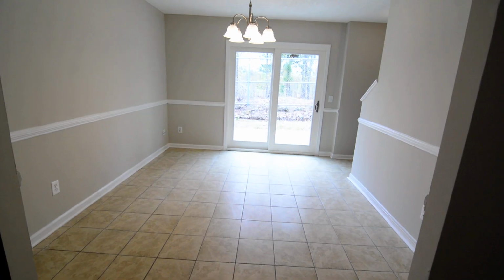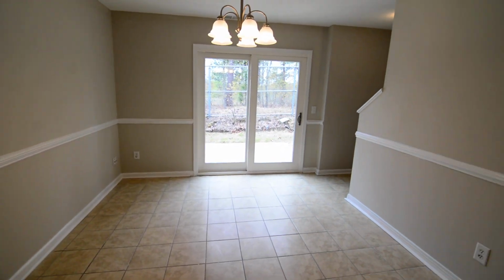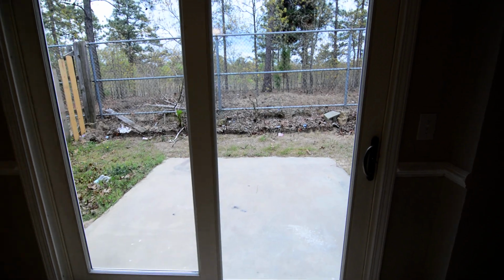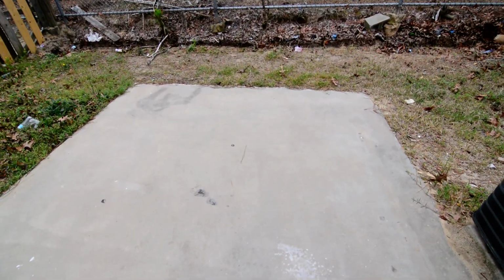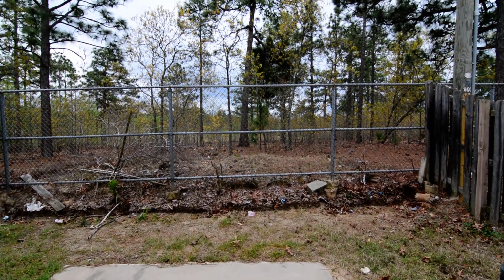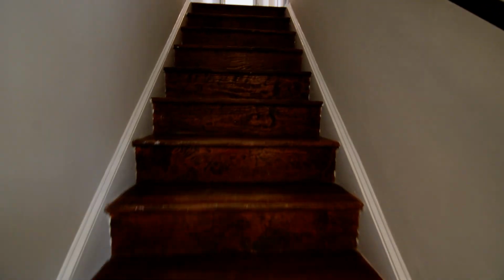And then you have your dining room at the back of the first level. So you have chair rail molding in here, and then nice sliding glass door, lets in a lot of natural light from the back, and also accesses the backyard space. And out here you have a patio and just some privacy fencing on the left and right, but it sort of backs up to a lightly wooded area, but no neighbors directly on that side. And then off the dining room here, you have the stairs starting here,